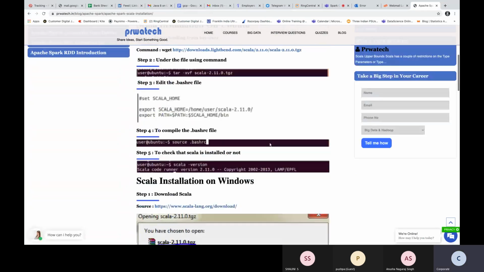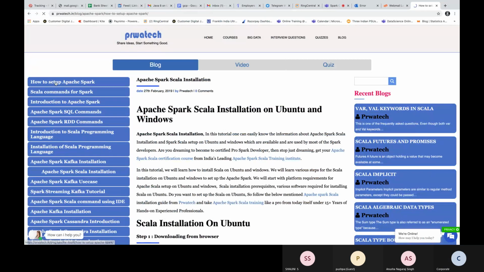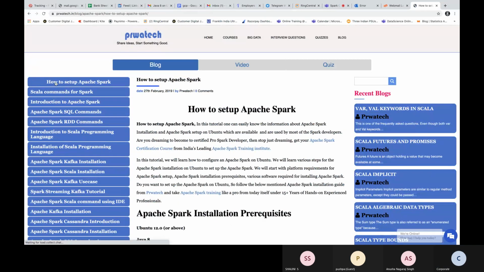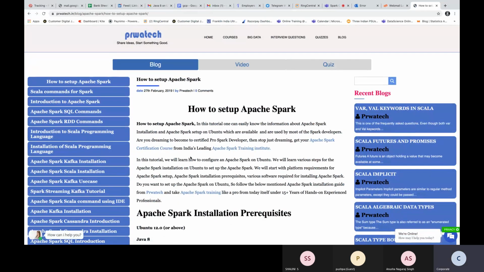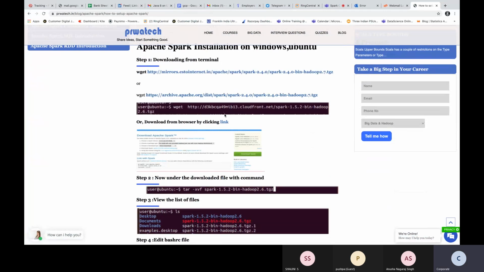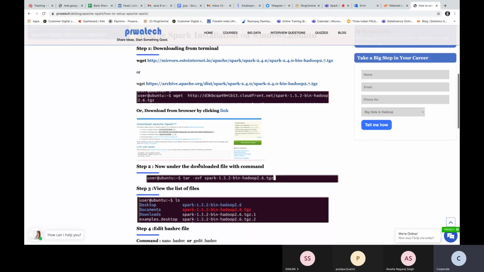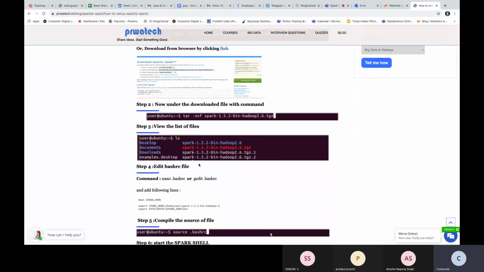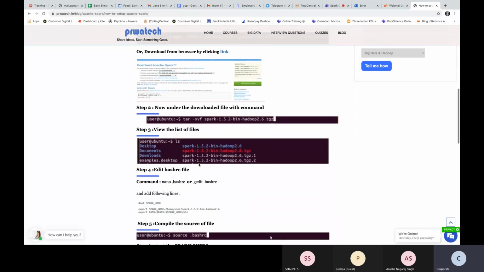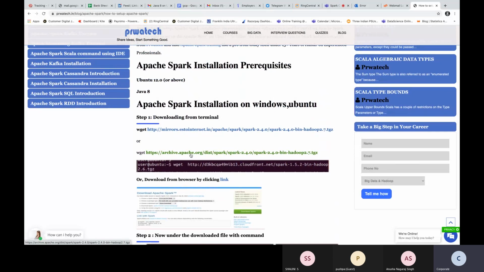Videos are also there. You can do that. Yes, Anusha. After Ubuntu, you have to run this command. This is not working? I guess this is working. Which one?